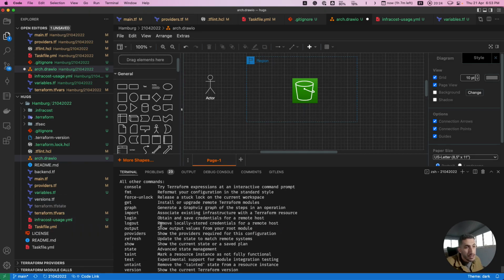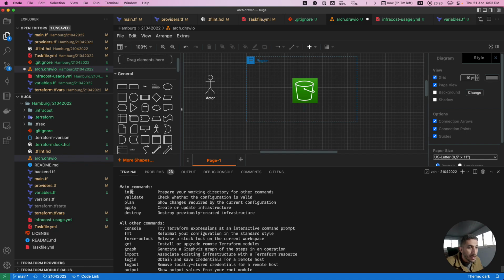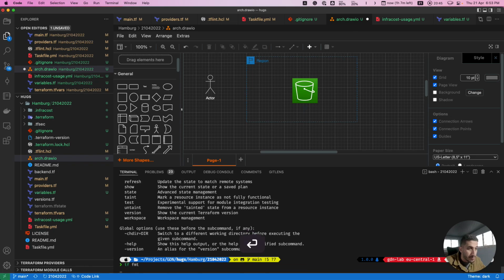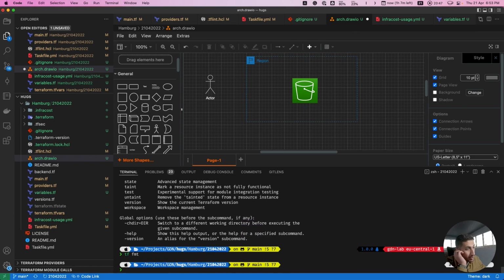Like I mentioned, we found interesting commands on Terraform, like format and validate, and we're going to use those. So I suppose we can run something. I have an alias for Terraform, tf, and then format. Okay, nothing.